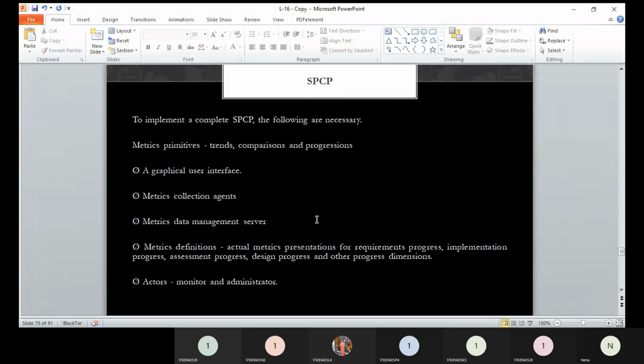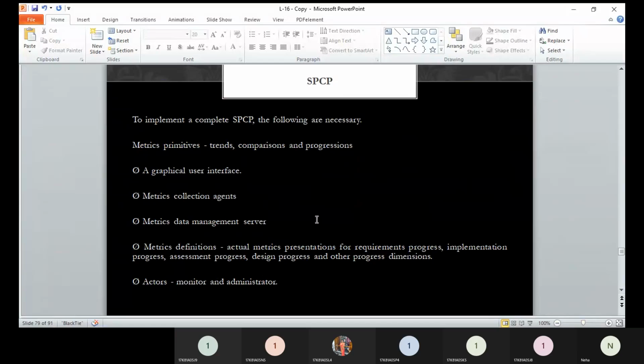Then the most important one is our actors. There are two actors in this SPCP. The first is the monitor, the second is the administrator. The monitor is nothing but the panel layouts, different panels for different people.